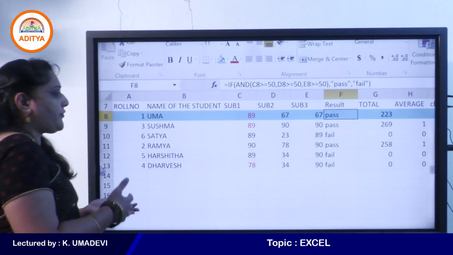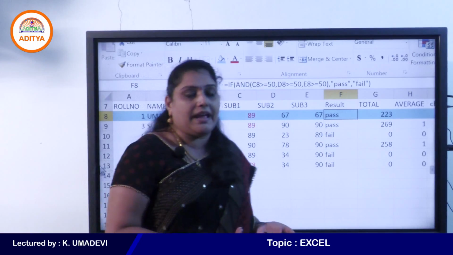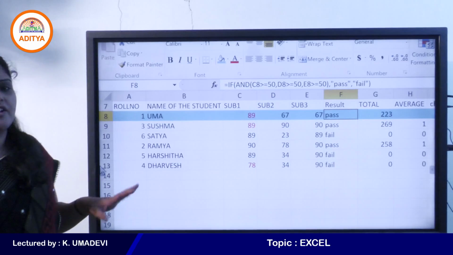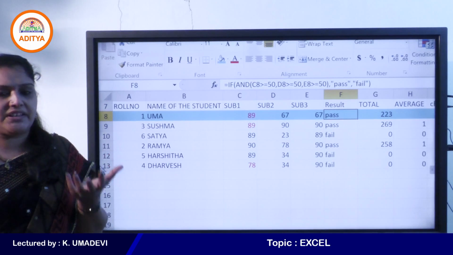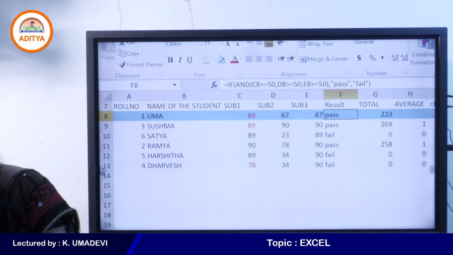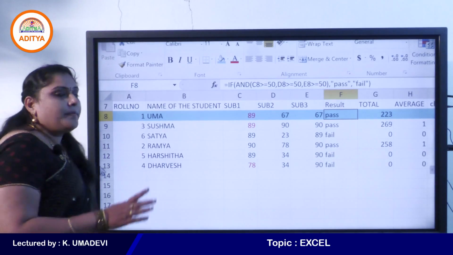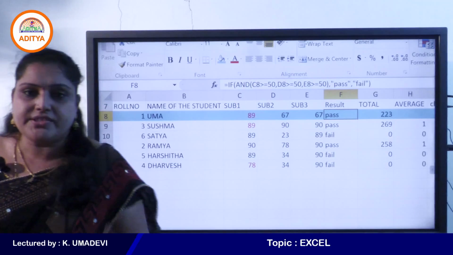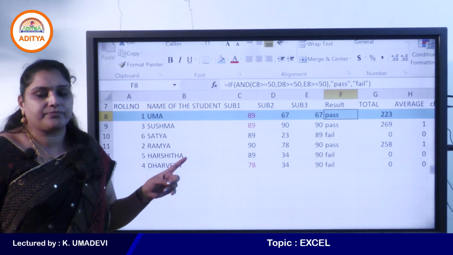We already discussed find, replace and go to options in MS Word, right? The same shortcut keys are used here to search for particular text. Yes, very good. Control plus F is for find and Control plus H is for replace. Control plus G for go to. Very good, Darvesh. Yes, Control plus F is for find. So press Control plus F, or else you can go to find and replace.